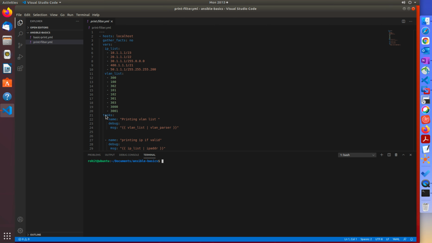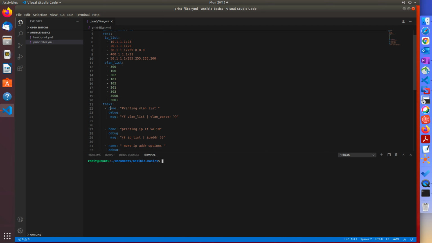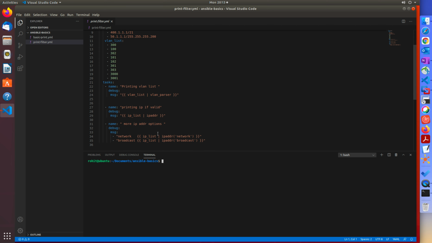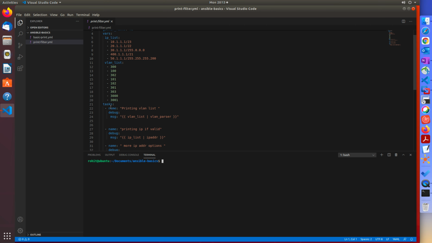Then we are performing these tasks on these variables, under which we'll be printing the VLAN list, we'll be printing the IP list, and we'll apply filters like Vlan Parser or ipaddr for understanding the utility of filters, as well as how we can get benefits from the custom filters that are built in there in Ansible. Right, so let's start with basics,